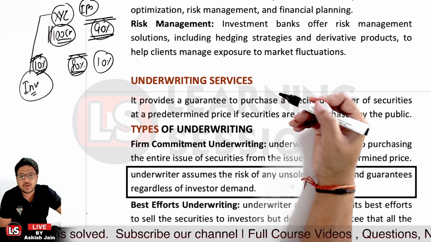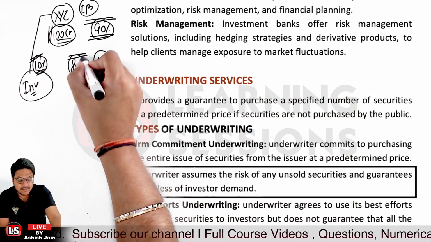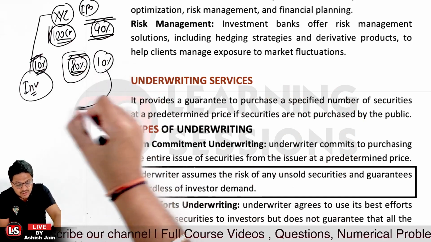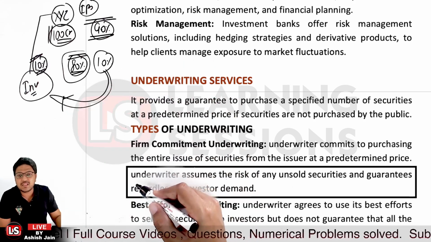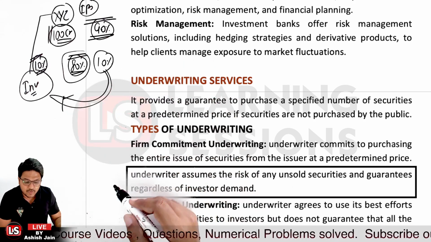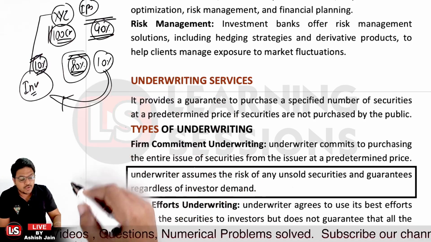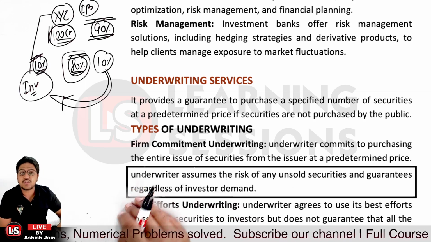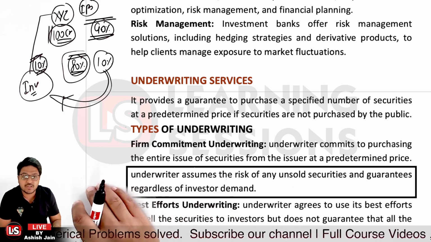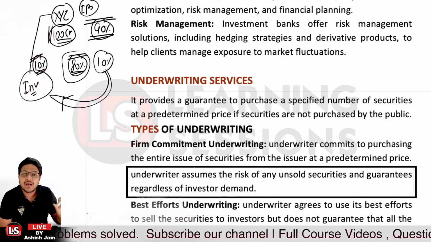Now in that scenario, if 80% of the shares are subscribed by the subscribers, 10% of the shares will be subscribed by the investment banker, because there is a commitment, an agreement between the investment banker and the XYZ company. So in that way, they can safeguard their IPO or the issuance of the prospectus shares, right?